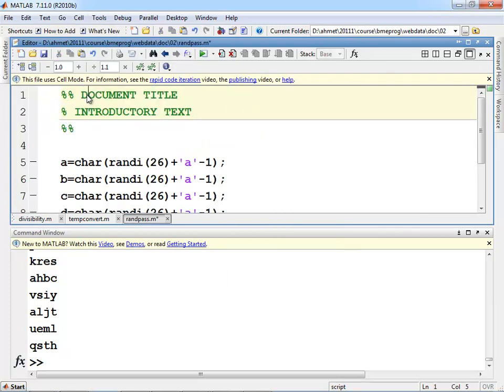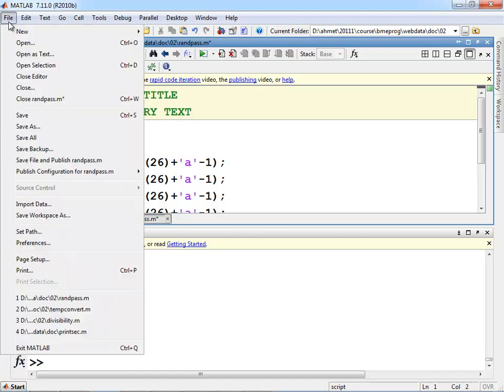MATLAB will automatically fill in some comments for you. So the first line has 2 % signs. The sections in your file are separated with comments that have 2 % signs at the beginning. So those mark the section blocks. And then the single % sign comments, those are descriptions for that section. Okay? So let's just keep it like this, and then go to File menu,